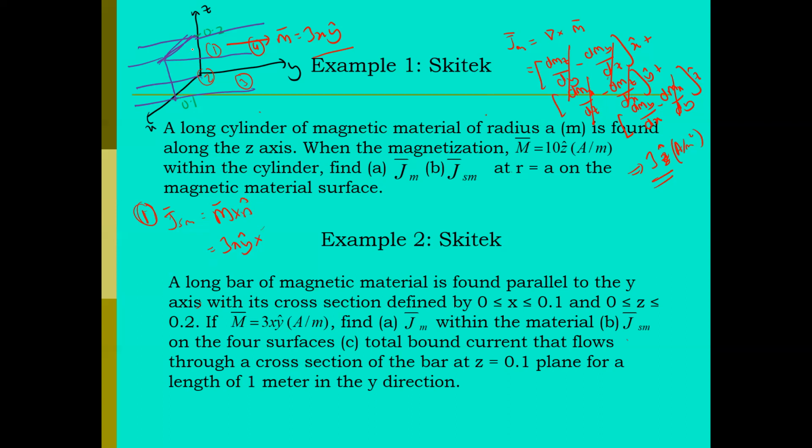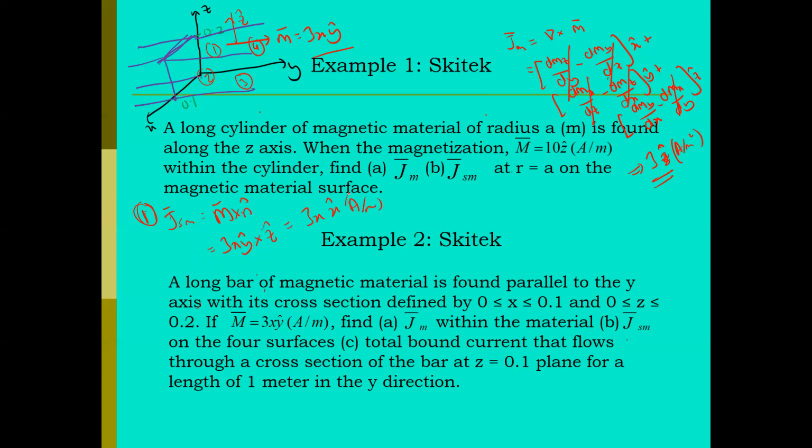For the first surface, the normal unit vector will be in the z direction. So for that, n will be equal to the z direction, and for this we're going to have 3x, since y cross z will give us x in the vector. So that should be the JSM related to the first surface on the top, in units of